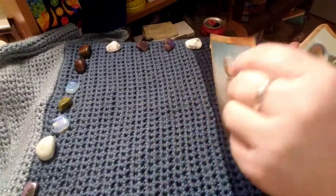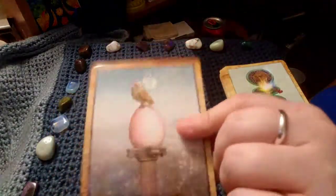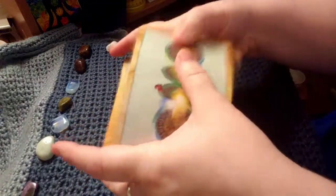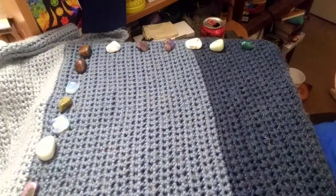they're actually quite sturdy. They are probably 300 GSM, which is grams per square meter in weight. They are a glossy finish, if you can't tell. So they riffle shuffle quite well. They are pretty much regular Hay House size, but they shuffle quite well. Just like pretty much all of